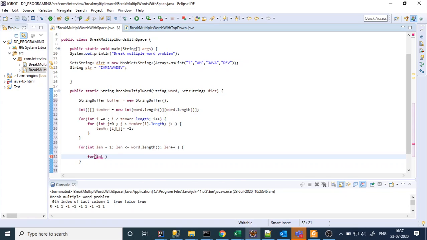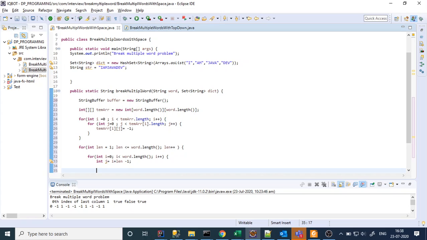So I will always start with i = 0, i less than word.length, i plus plus, and j equal to i plus len minus 1. So this will be the substring value.